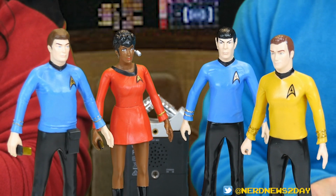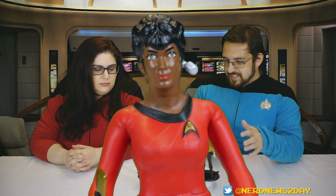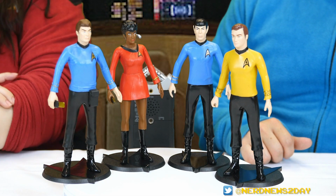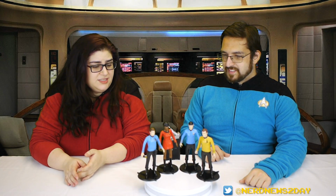Yeah. But it's cool that she has her earpiece, and again, the paint job is actually fairly clean. I think the only spot where it gets a little iffy is the hands. Yeah. But other than that, everything else is fairly smooth and decent. So nothing really worth complaining about. They're looking pretty nice. And we also got to talk about the variation of paint jobs too, because that's also